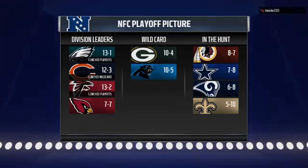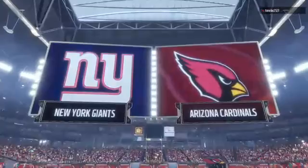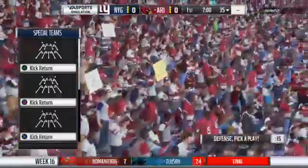EA Sports. The Cardinals have battled back and made it to 500. Now they'll try to move past that mark today. It's the Giants going up against the Cardinals. EA Sports coverage of the NFL takes us to the Valley of the Sun and University of Phoenix Stadium here